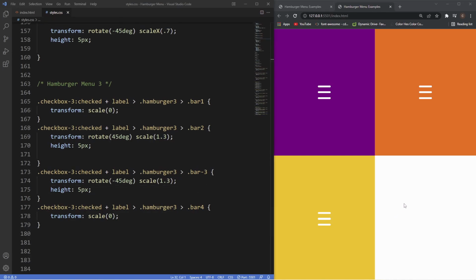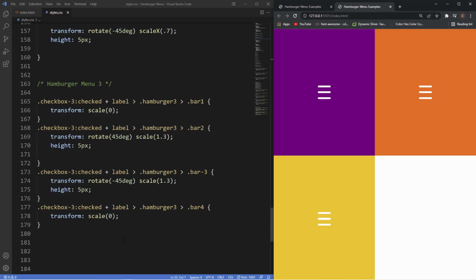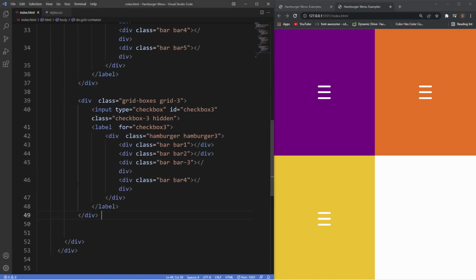favorite design. So if we take a look at the finished example, we can see that if I click on this, we get this really cool animation where the top and bottom bar will animate towards the middle bar, and then it will rotate to create that cross, and then if I click on it again, it animates to its original position. So we'll head back into our draft example, and then we're going to need to duplicate this one